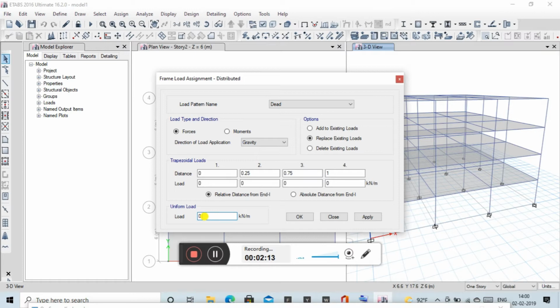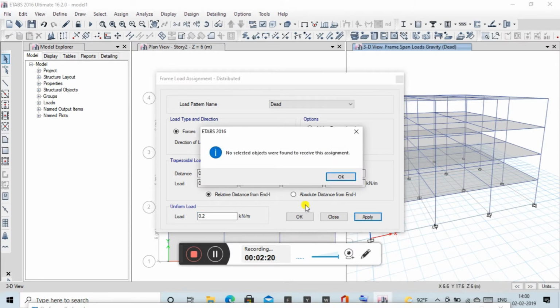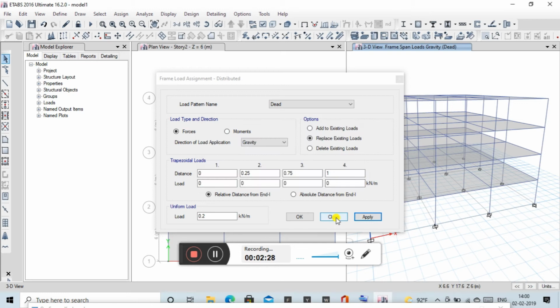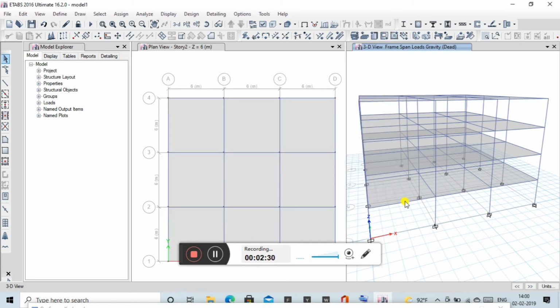Suppose I am using 0.2 kilonewton per meter, then hit Apply. No objects are selected to receive this assignment. The first thing you need to decide is where to assign the cladding load. So first select the outer beams, because cladding load will exist on the outer beams.